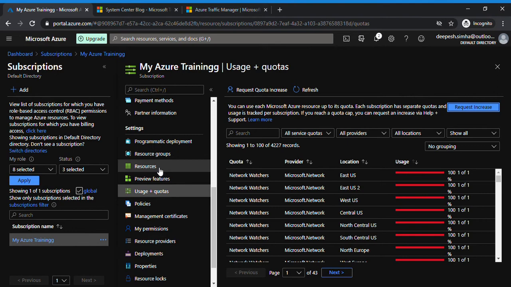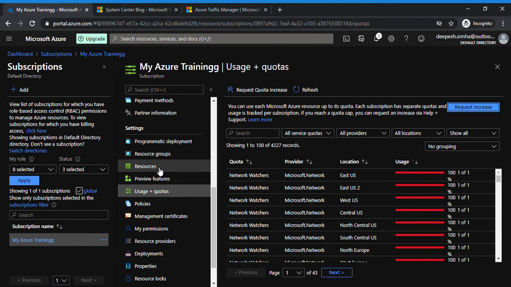I told you a virtual machine is a service. A virtual machine will contain disks, network security group, storage account. There are a lot of things associated with a virtual machine. Here you call the virtual machine a service, and the associated network security group, network NIC card, and disk are all called resources.